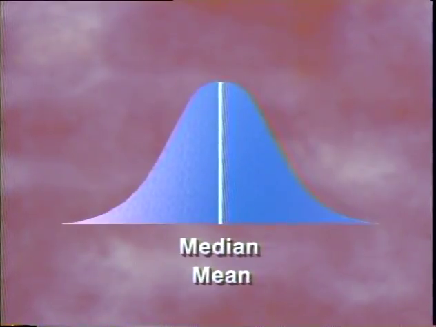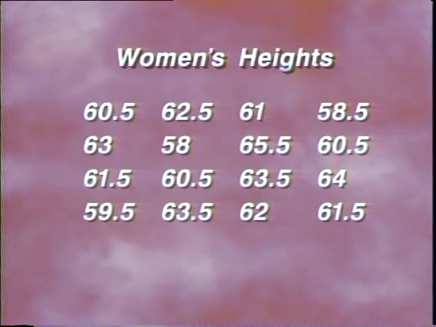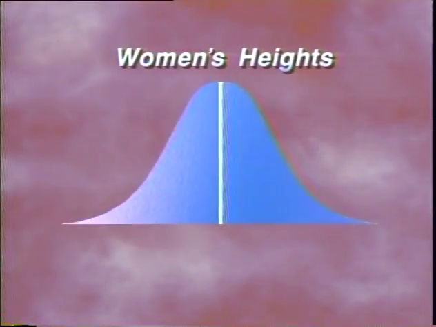How do we denote the mean, or average? Well, if this were a specific set of observations, we would use x bar. But when we're talking about the mean of an ideal distribution, we use another symbol, the Greek letter mu. For example, if we measured the heights in inches of 16 young women in a math class, we could find their mean height. We would call this mean x bar because it is the average not of all young women, but of a select group. If we were talking about the average height of all young women, the ideal distribution, we would use mu